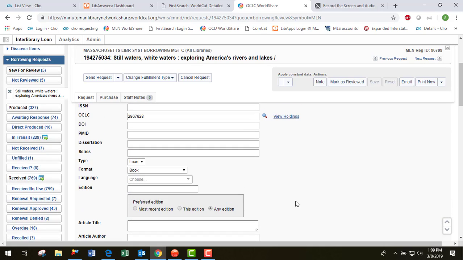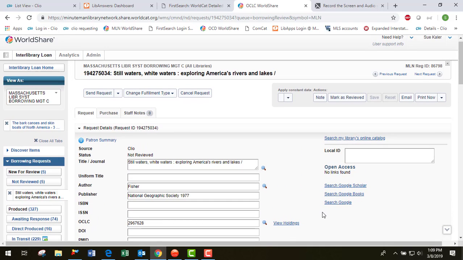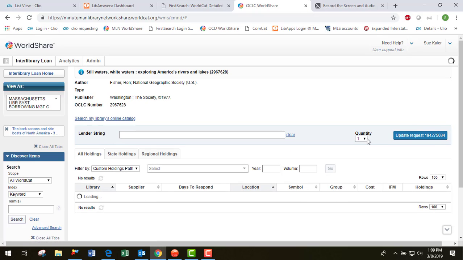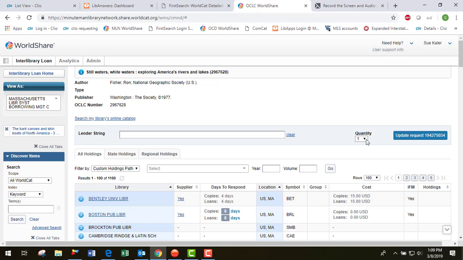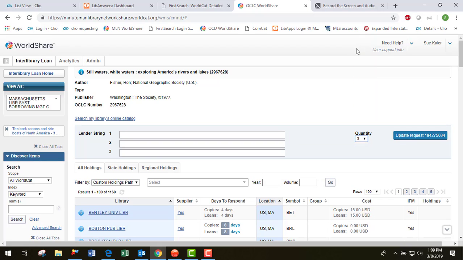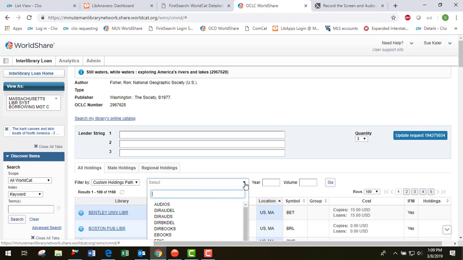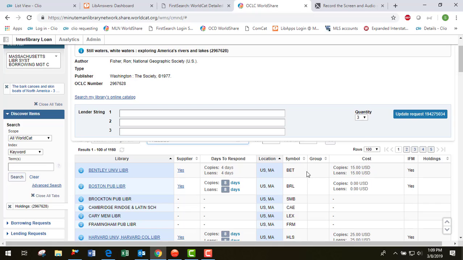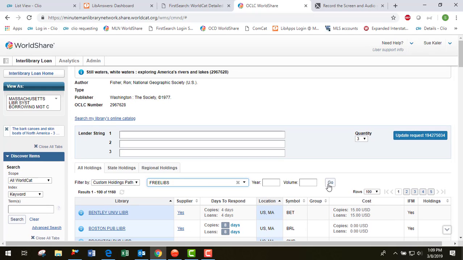So we noticed that if we don't cancel the request but just go ahead and view holdings, we now have the slider here for the quantity, which we didn't used to have, which is why we had to go through that little loop of canceling the request. So I can put in 3 and I can pick a lender string from my Freelibs custom holdings path,